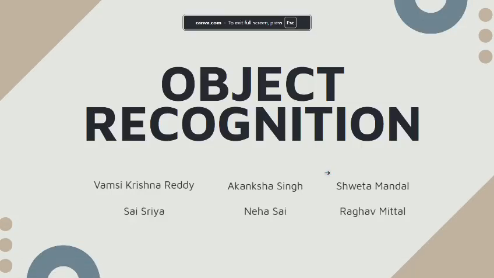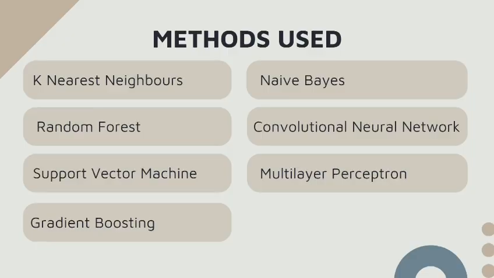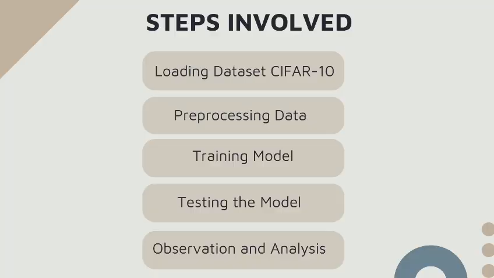Welcome to our presentation on object recognition using traditional machine learning techniques. In this project, we explored various models including KNN, SVM, NaiveBayes, RandomForest, CNN, MultilayerPerceptrons, and gradient boosting. We followed key steps such as loading the CIFAR dataset, pre-processing the data, training and testing the models, followed by